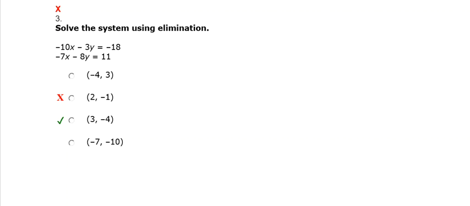So the first question you missed was number 3. It was solving the system using elimination. When you solve using elimination, you're trying to get the same coefficient in front of either the x or the y. It doesn't matter which one. Sometimes one's easier than the other,